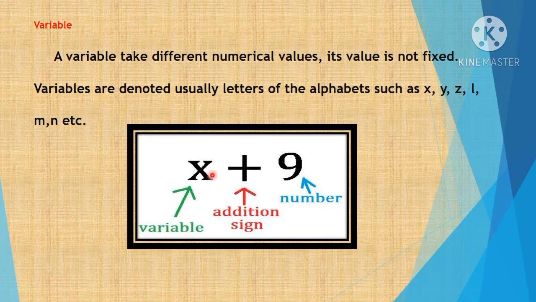So here x is a variable and plus is an addition symbol, right? It's an operator we are using here, and 9 is a number. What you will say that constant, in an equation or in an expression we will say variable and constants. The constant means the number or a value, we will be using a term as constant. Okay, is it clear now? In an equation you will always have a variable and constant. Okay.